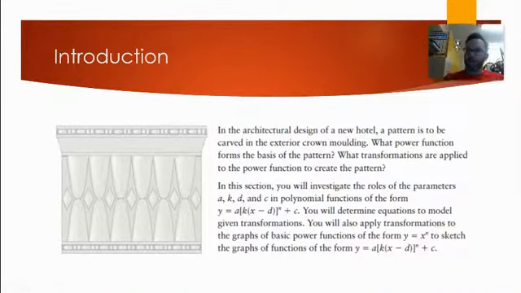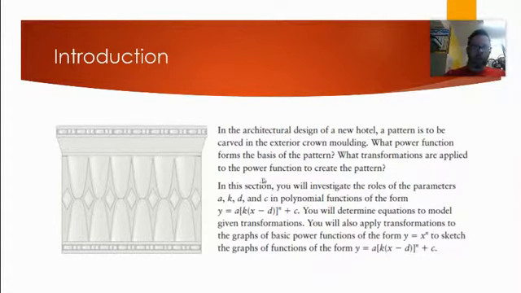First of all, why is it useful? It's useful for modeling. So here, for example, is an architectural design, and this is a pattern in the crown molding. And if you think about it, this pattern could be modeled by, well, for example,